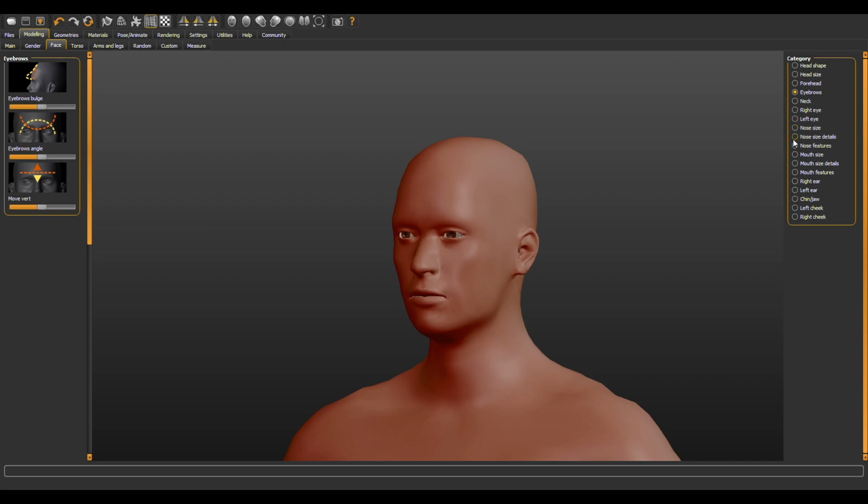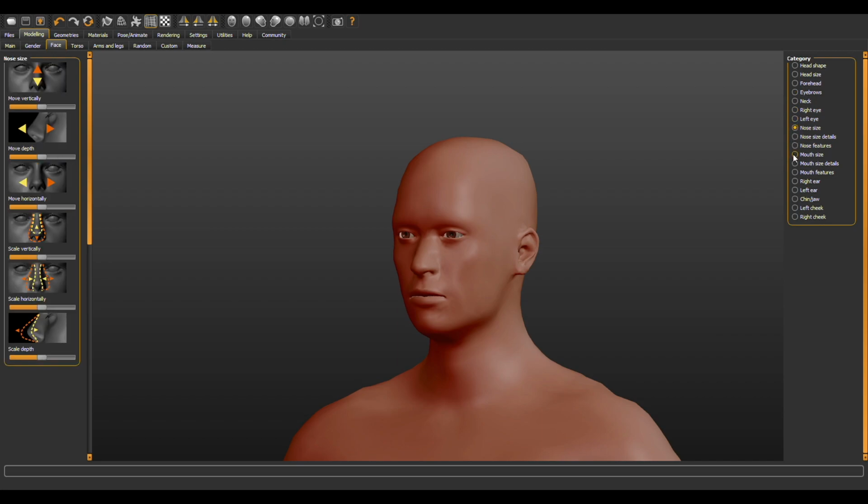Before we were on nose size, we can go to mouth size, for example. And there's many different options here. So feel free to select and look around a little bit and experiment with how these different parameters change the